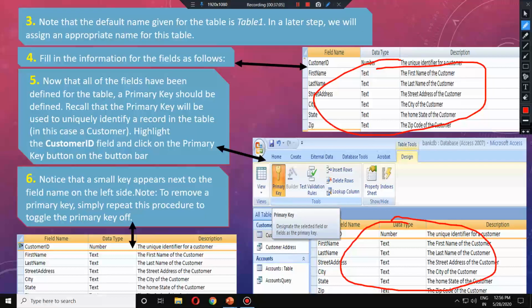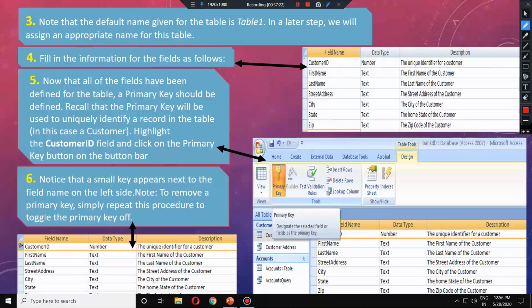First of all, primary key can be one only. Out of these many fields, I can define only one primary key. Not every field can be a primary key, and primary key should be unique. Now let us see with these fields, can anybody tell me which sort of information can be unique?